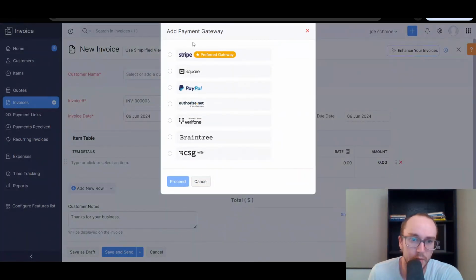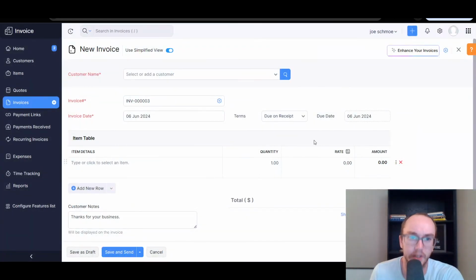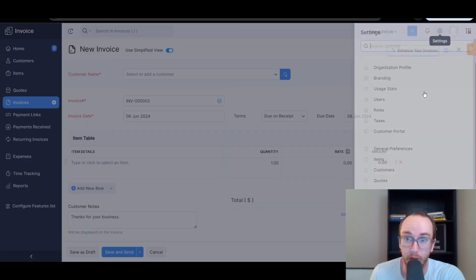Now, again, in terms of configuring the payment gateways, this is how you do it. There are quite a few to go through. Again, I'm not going to be signing up for a payment gateway here. I personally would recommend Stripe is a good one. Again, I do have other videos on the channel going over and comparing between Square. Square is another great one. PayPal I use a lot. Authorize.net is another good one. So again, it just depends on what country you're in in order to actually accept those payments through the payment gateway